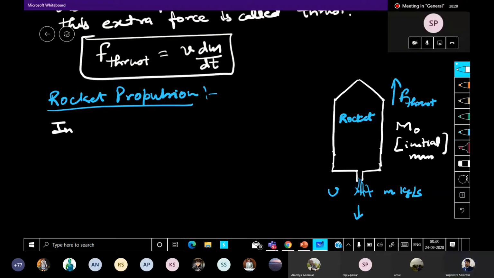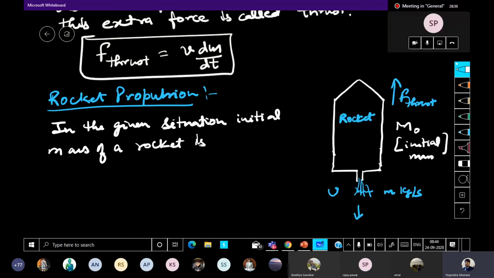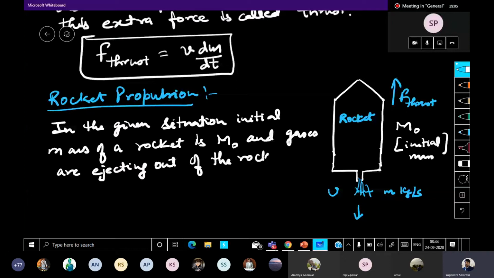In the given situation, the initial mass of a rocket is m naught, and gases are ejected out of the rocket with speed u naught, u naught with respect to the rocket,